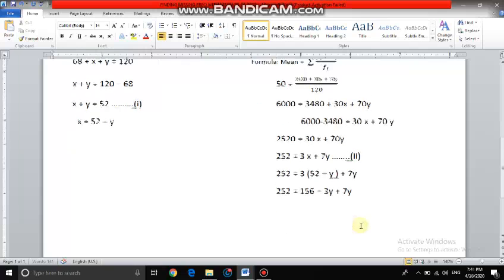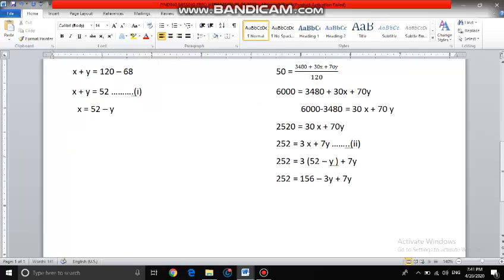In the next line, it will come 252 minus 156. Again here, 156 I am bringing to the left side. Now if you see here, this is minus 3y and this is plus 7y. So minus 3y plus 7y is 4y. Now can you do the subtraction for 252 minus 156? I think this should give me 96 equals to